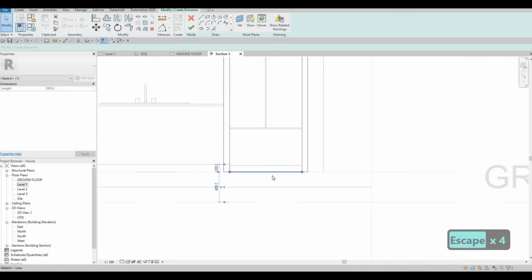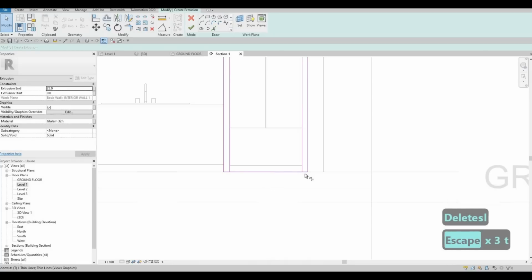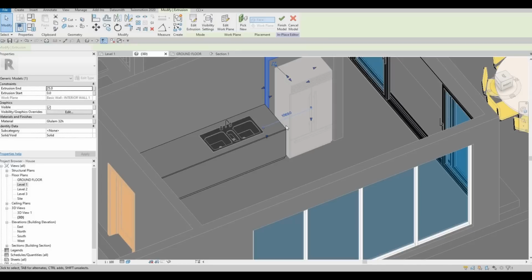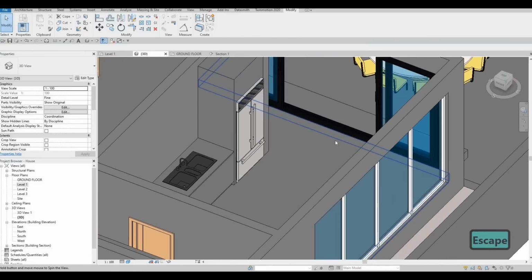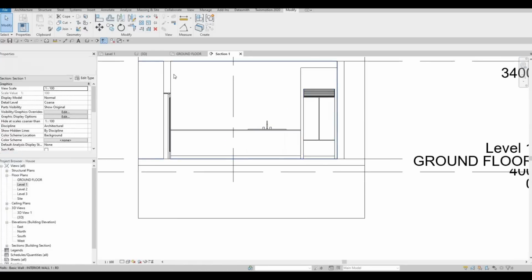So we forgot to split this one, so SL, split that one, TR, and then trim this one. Click on finish, and then go back to 3D and extrude it more so that it looks like this. So that looks good. So now let's go back to our section, and then let's add in our